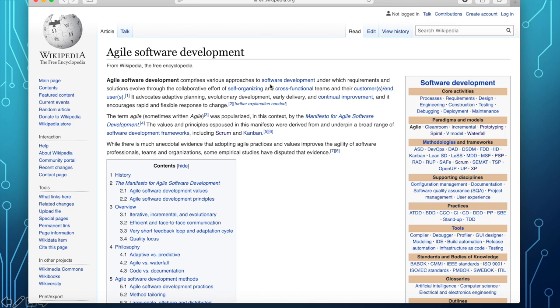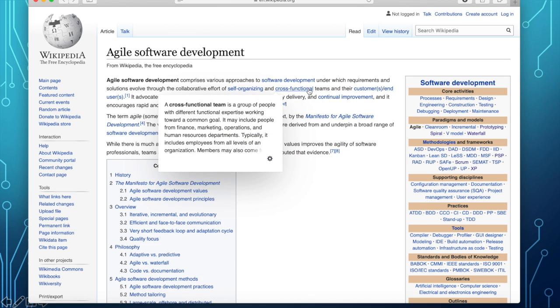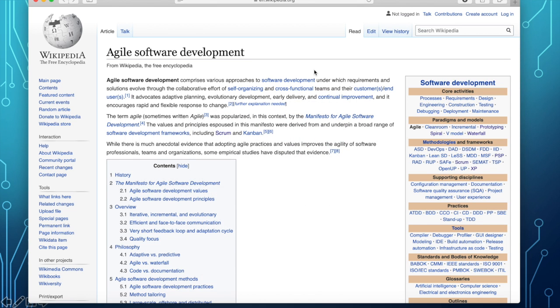So there's not only one agile software development, but many. The requirements and the solutions evolve through the collaborative effort of self-organizing and cross-functional teams. So the teams are very flexible in terms of the organization, depending on what the purpose is.